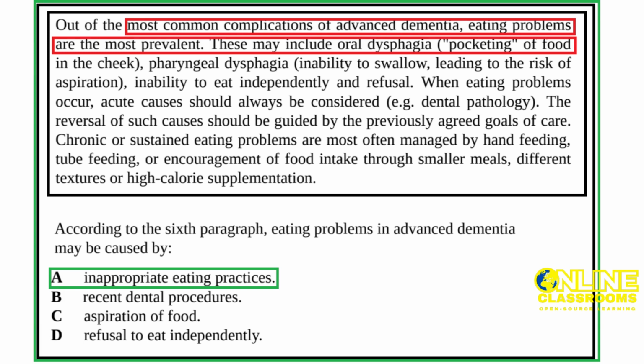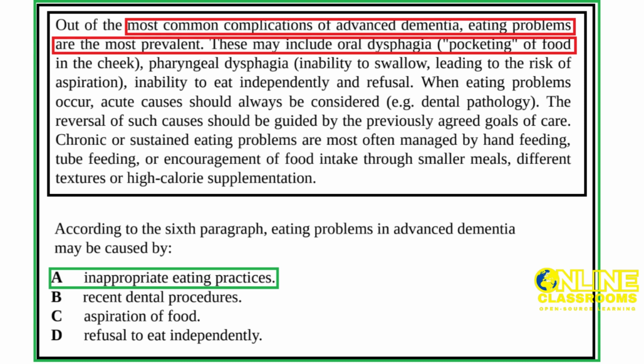Based on the analysis, option A, inappropriate eating practices, is not explicitly mentioned as a cause of eating problems in the paragraph. Option B, recent dental procedures, is mentioned in the paragraph as an acute cause that should be considered. Option C, aspiration of food, is mentioned in the paragraph as a risk associated with pharyngeal dysphagia. Option D, refusal to eat independently, is mentioned in the paragraph as one of the eating problems that may occur